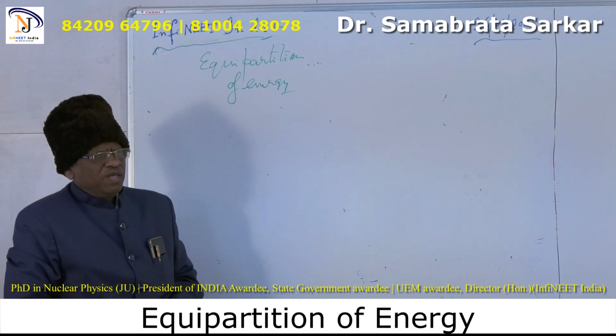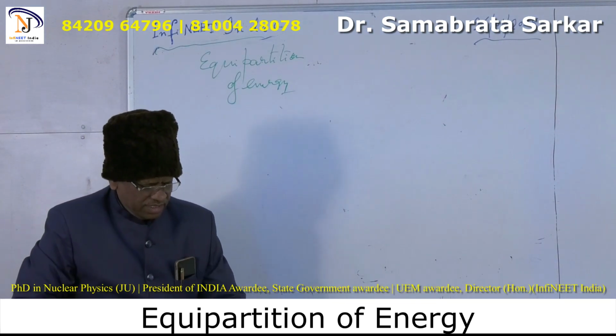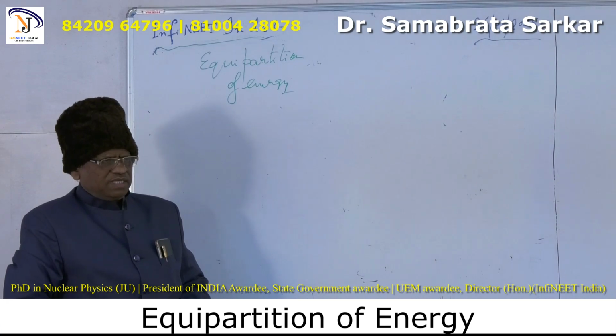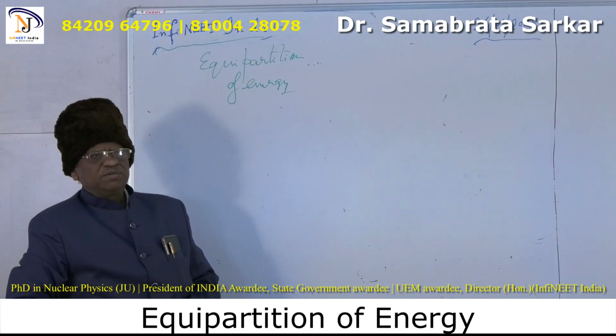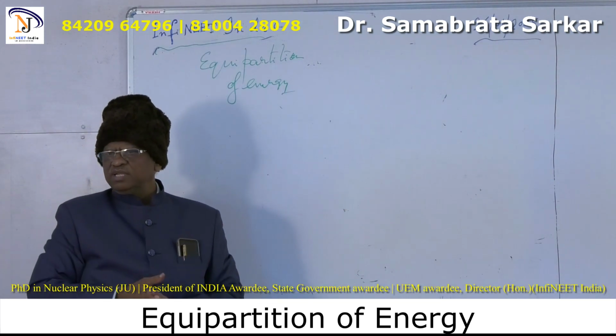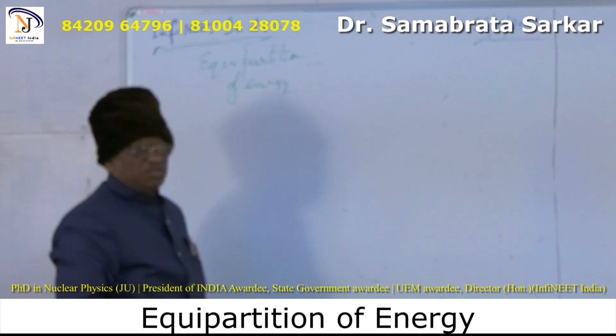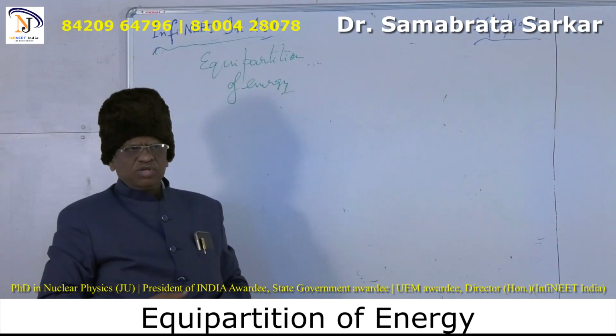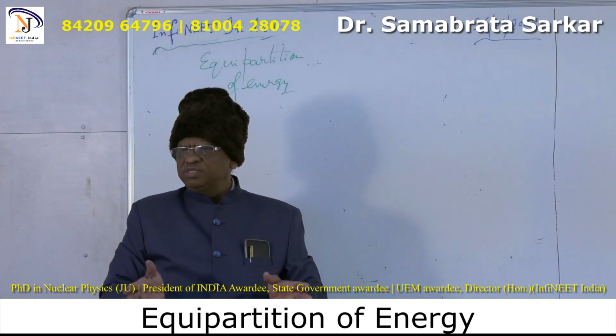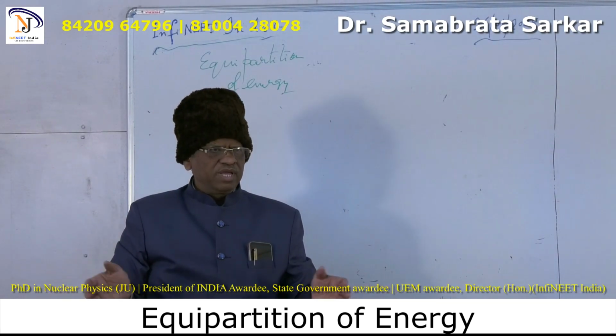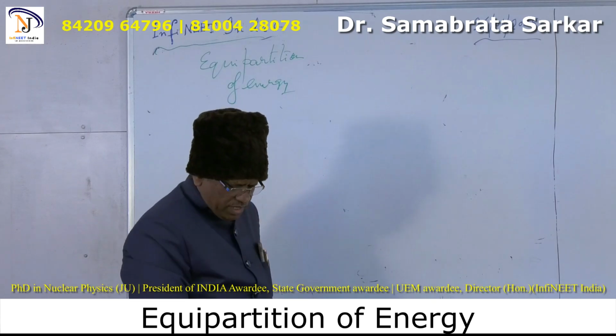Actually, we consider that energy is distributed equally in all directions. If you take three directions like x, y and z, the total energy will be distributed among the three directions. In each direction, equipartition of energy is equal to